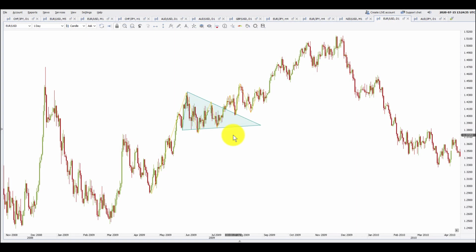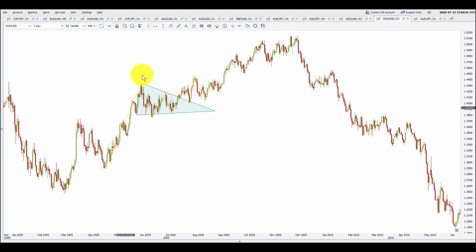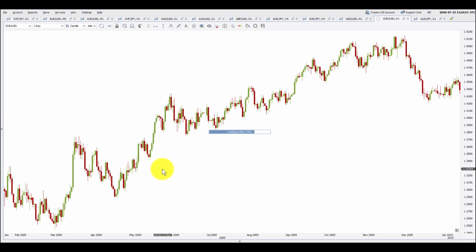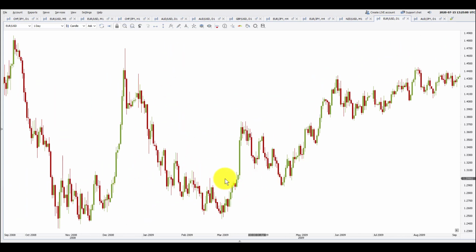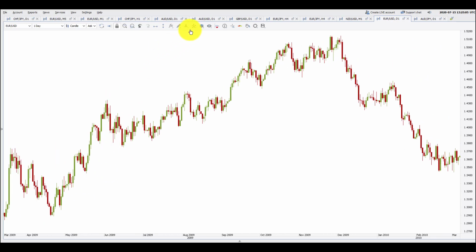Okay friends, the first example that we are going to see is of the EURUSD daily chart. I'll go in step by step, because if I keep this on the chart already, you will be able to easily see where it is, but it is difficult to identify when it is not there. You see that there was an uptrend here. There was a quick uptrend after this sideways move, a move nowhere. There was a small uptrending move, and then the price started consolidating